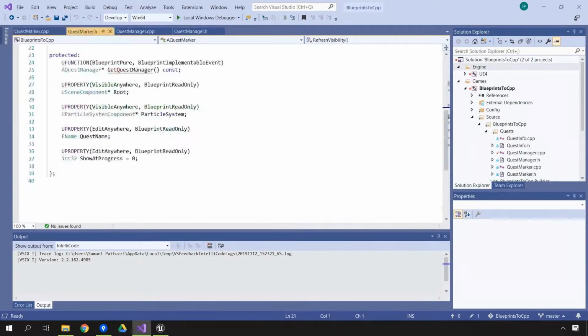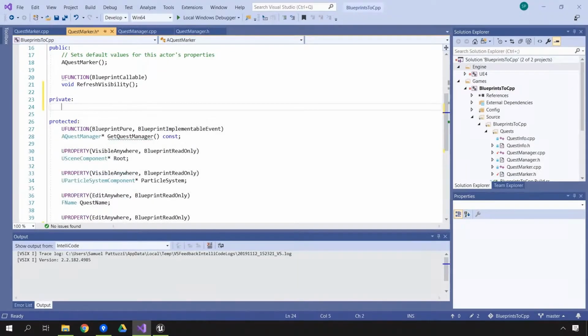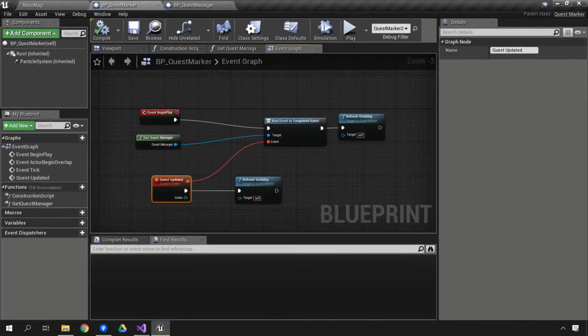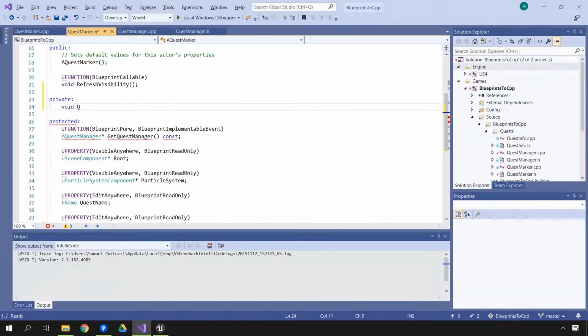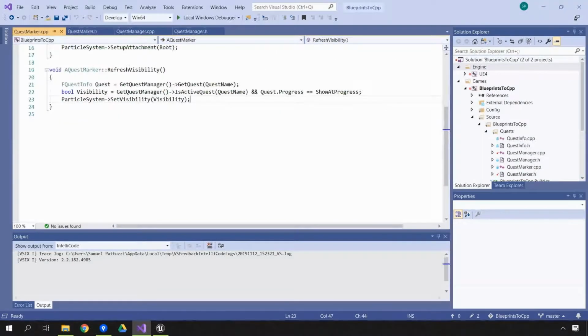We'll go over to the header file, and we're going to make it private because nothing else needs to have access to this function. So what return value is it going to be? It's going to be a void return value. And we know this because it has to match the signature of our dynamic delegate, and it's going to have to take in the index. So we're going to call it, as we have called it over here in the quest marker, the quest updated. And as we said, it is going to take in an int32, which is going to be called the index. And it doesn't matter whether the name matches in this case, because we just need the signature to match. And then we can go ahead and copy the signature to the clipboard